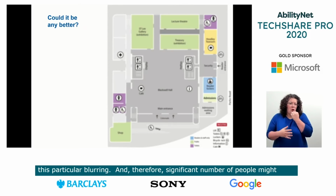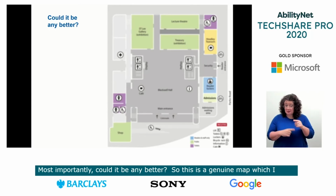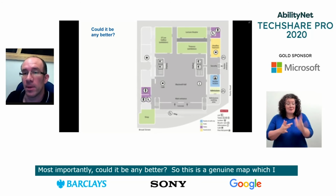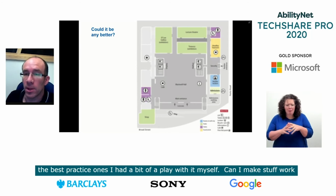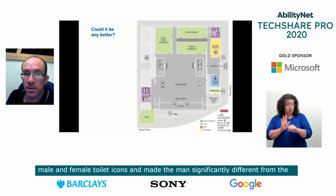Most importantly, though, could it be any better? So this is a genuine map, which I found off the internet. It's one of the better ones, if I'm honest. But even taking one of the best practice ones, I then had a bit of a play with it myself. Can I make stuff more visually distinctive so that it's more visible through this blurring? So I've taken the male and female toilet icons and made the man much more significantly different from the woman, with the way the detailing of how the legs and the dress look differently. And now that is